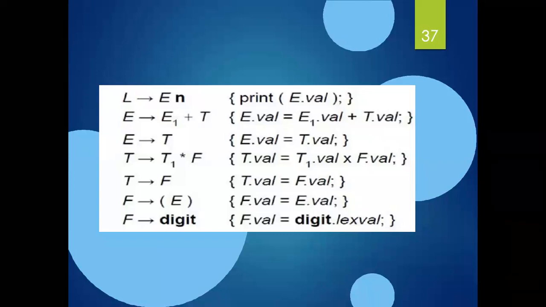Here, execution of a syntax directed definition can be done by the syntax directed translation scheme. And here we need to know the two most important points. The first point is that the translation scheme generates the output by executing the semantic actions in an ordered manner. So everything should be in an ordered manner here. That is point number one to be noticed.